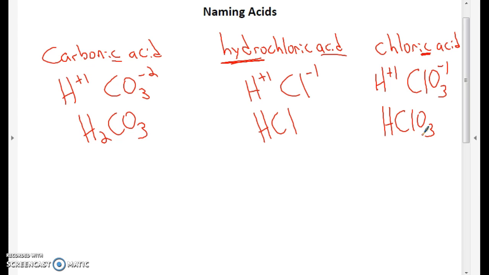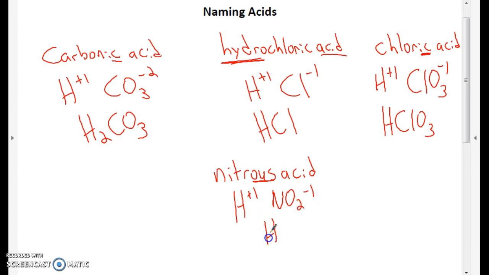If we wanted to do, say, nitrous acid, hydro is not present. It says acid. We know we're starting with +1. We know we have to look at a polyatomic ion, and since this ends in OUS, you look for nitrite, which is NO2 with a -1, and you put these together,